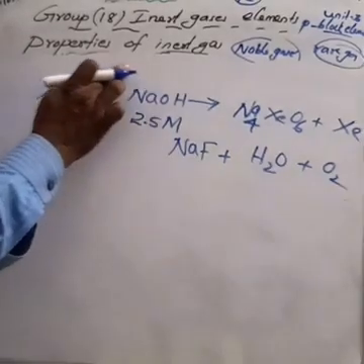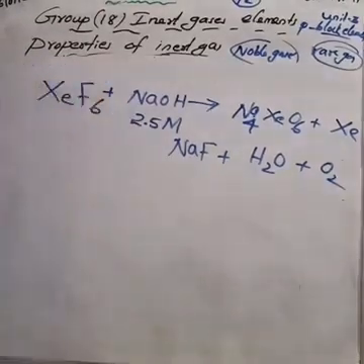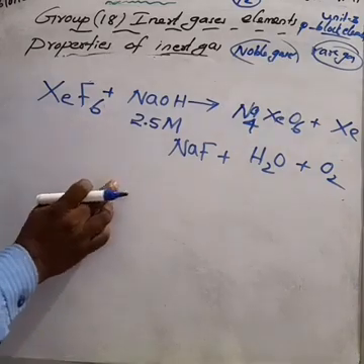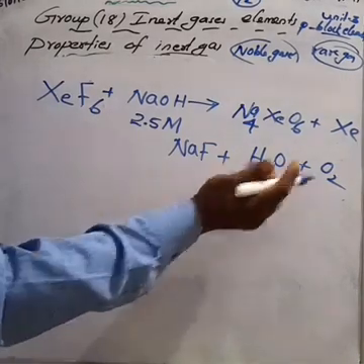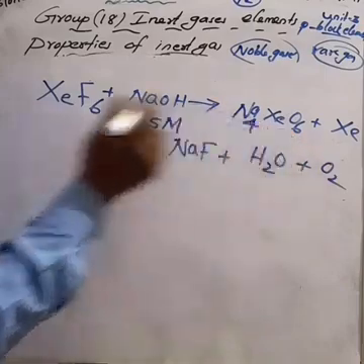So how can you balance the equation? Balancing the equation is very, very important. One of the very important questions. Try to balance the equation. On the product side, how much xenon is there? Here having one, here having one. So 2 xenon is here. So make it on the product side also. So on the reactant side also make it